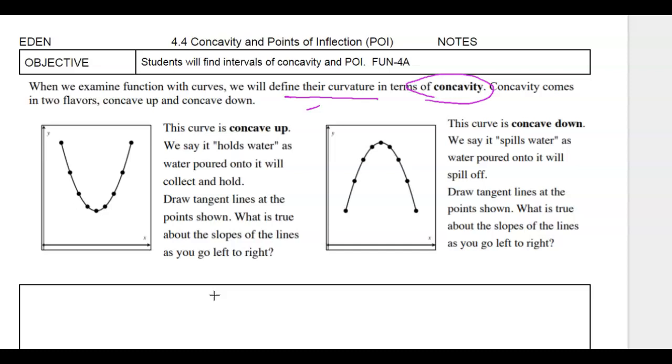If you draw tangent lines at the points shown, and I know I'm off, what you'll notice is all the tangent lines are under the curve, okay? That's going to come up later. But it also asks, what is true about the slopes of the lines as you go from left to right? The slopes go from negative to positive, and that's the tangent slopes. Also, we'll notice that they get bigger, so they also get steeper,